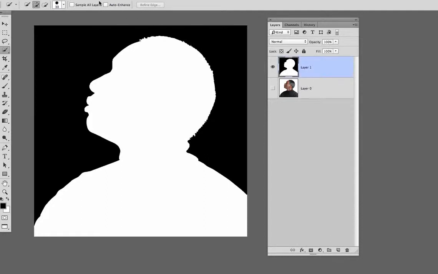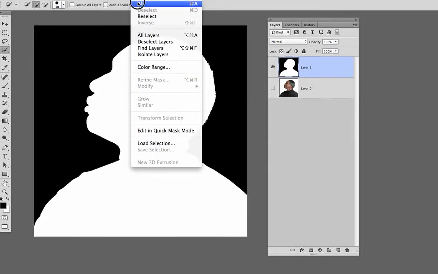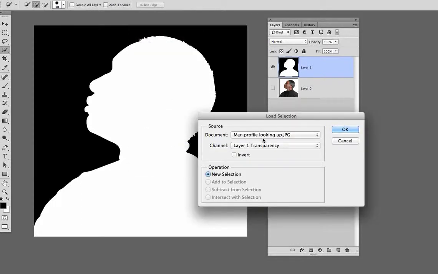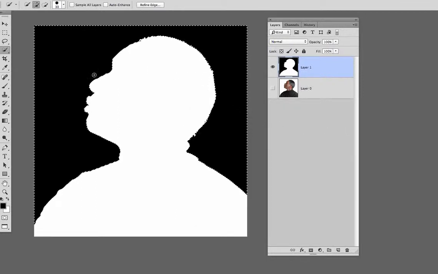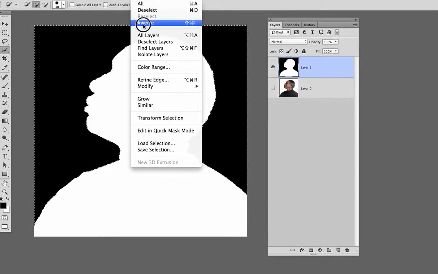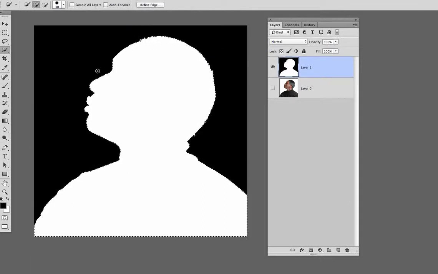click on that layer. I go up to the select menu and say load selection, and I can choose that layer 1 there. See, layer 1, and now it loads that selection, and I can invert the selection going up to the select menu, inverse. Now I have the inside selected, not the outside, and I can make another layer,